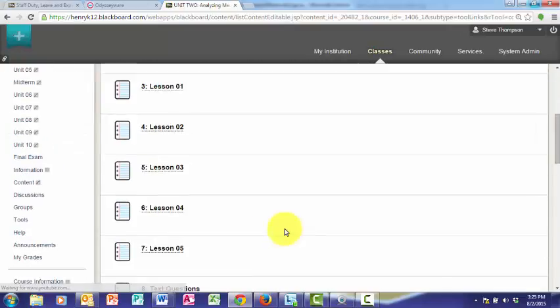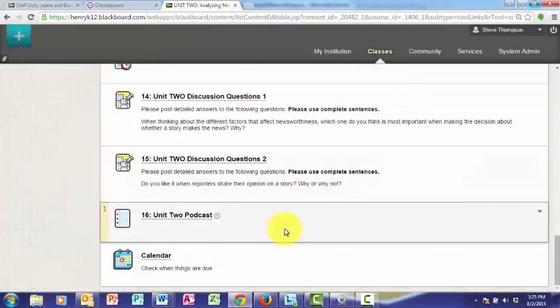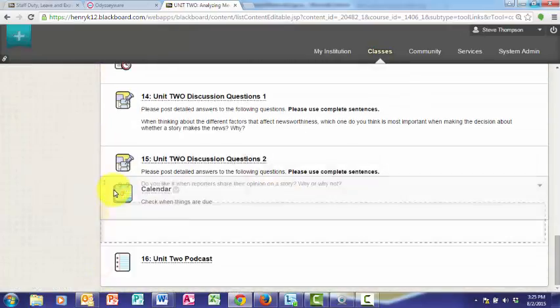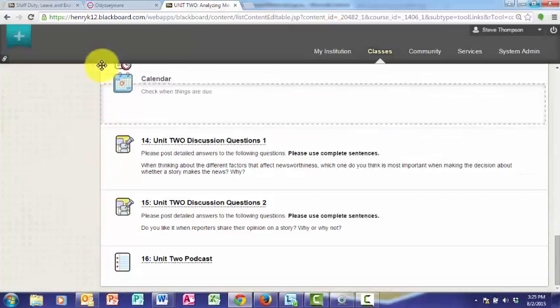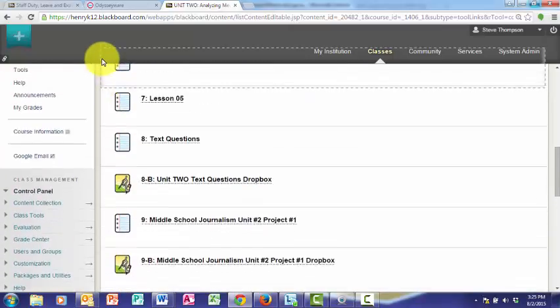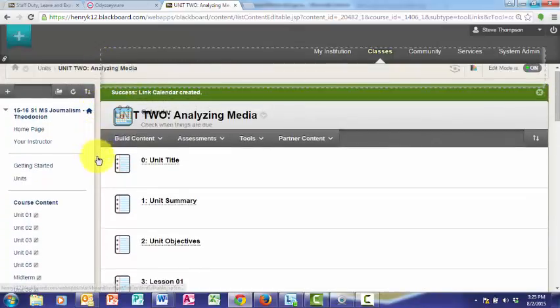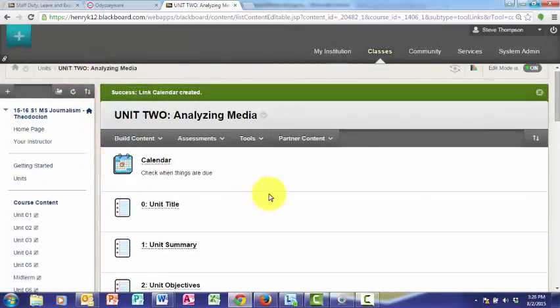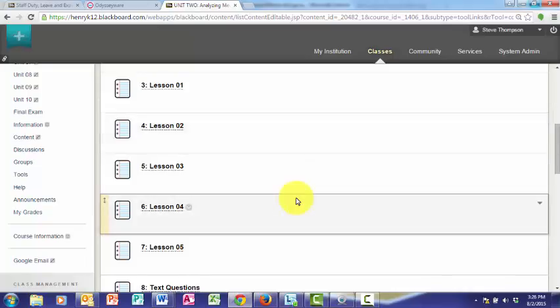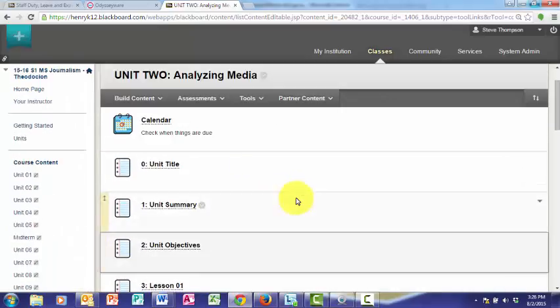Now what happens is it puts it down at the bottom of the unit, and so you see it comes all the way down. That's not going to do a student any good, right? So I'm going to move it up by just grabbing it on the yellow bar and moving it all the way up to the top. All right, and so just doing that saves the student a little